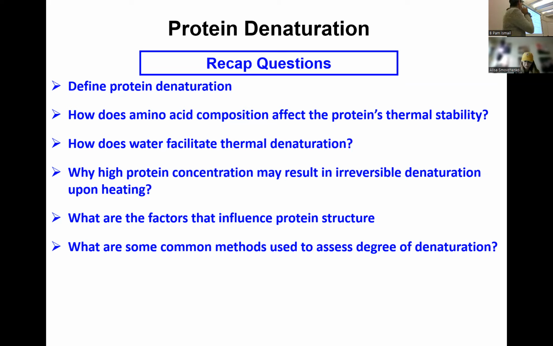I would think about external factors like solvent, organic solvents, pressure. So the protein can be denatured due to physical forces, changes in temperature, changes in pH, in salt, in solvents, also adding denaturing detergents,